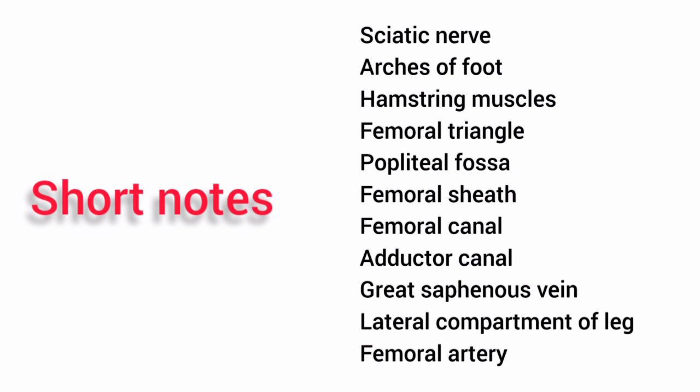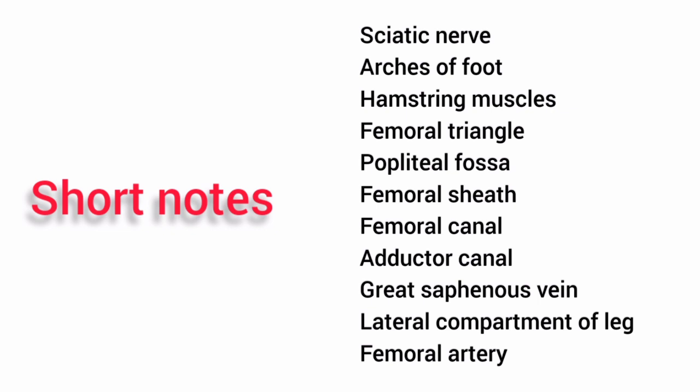Next is popliteal fossa, the boundaries, contents, and the arrangement of the artery, vein, and nerve in the three parts of the popliteal fossa are important. Next is femoral sheath and femoral canal. It is related to femoral triangle. You'll get to know after studying it or after I teach it. Then is adductor canal, which is a continuation of femoral canal. So without getting the concepts clear about the femoral triangle and the femoral canal, you cannot move on to the adductor canal. So the contents of the adductor canal and the boundaries are also very important